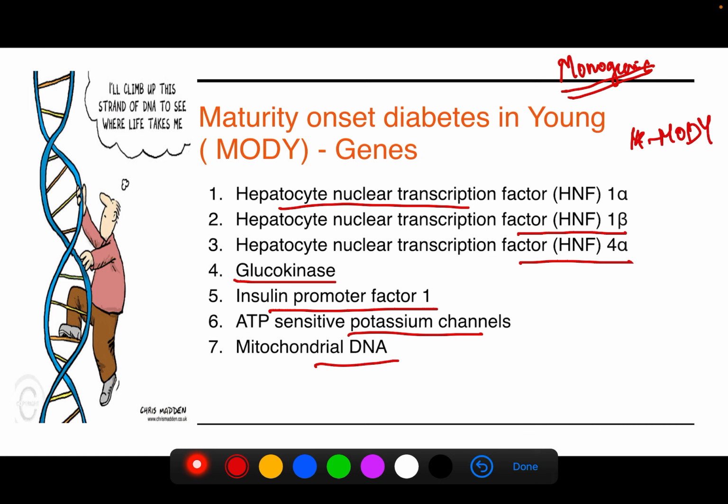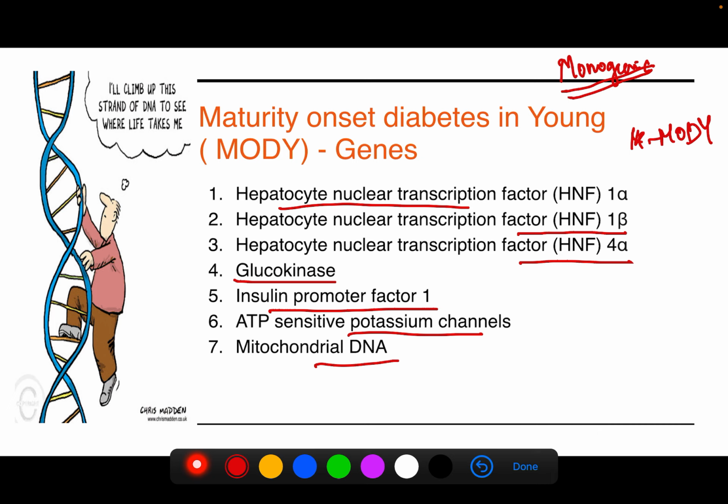Okay, and these are the important genes that are affected. You don't have to know them, but you should know when you should suspect maturity onset diabetes in young and not type 1. Is this clear? Once you suspect, if the patient can pay for it, there are very few laboratories that will actually do